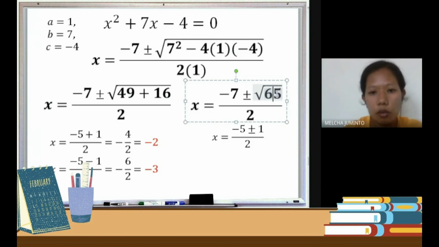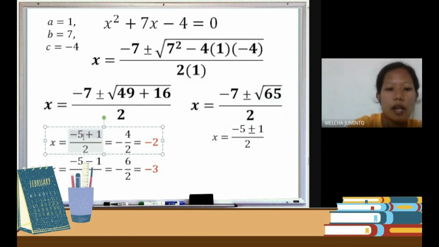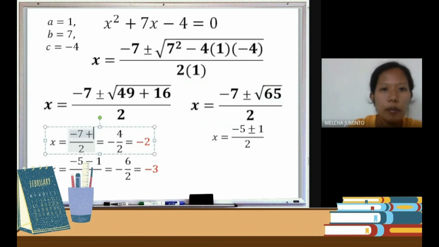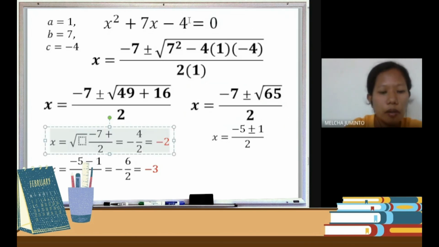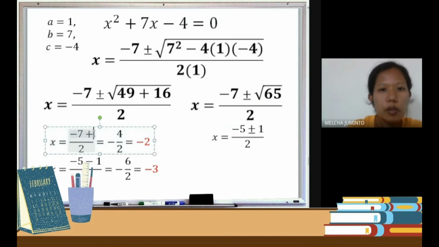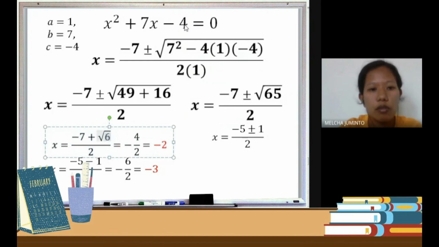So you don't need to simplify the square root of 65 anymore. Stay with that value, write negative 7 plus the square root of 65,